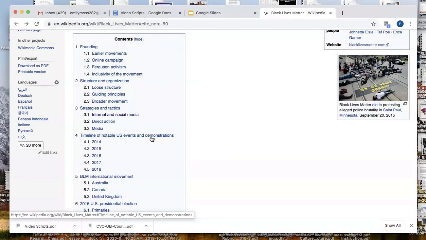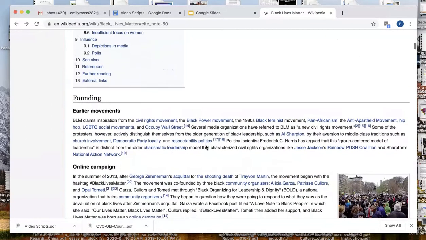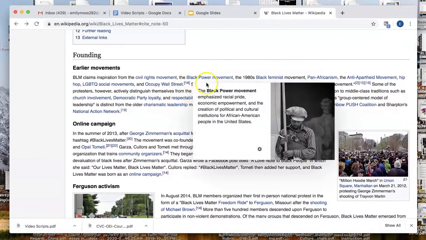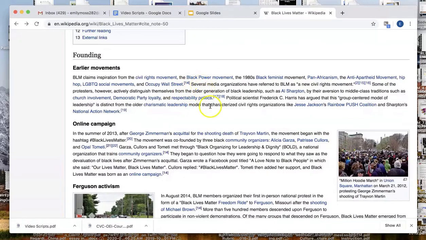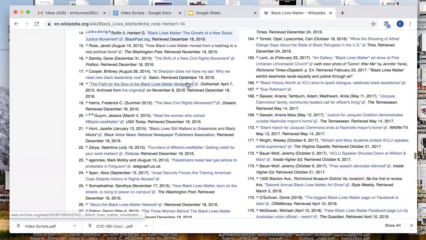Also, when you read through a Wikipedia entry, you may notice these numbers that are included. These are footnotes. The number is a clue that this piece of information came from a source. When you hover over the number with your mouse, you can see the citation for the source. If you click on the number, it will jump you further down on the page to where that source appears in the references section